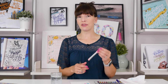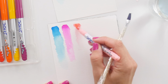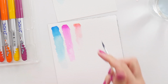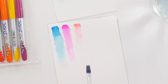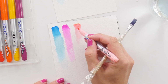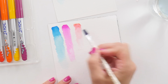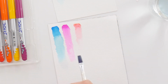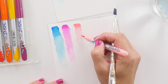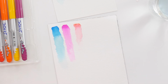If you have a set of colors where that happens, you're going to want to either add more color after the page has already been wetted, or get lots of water on there and then tap your color in to try to cover up some of that blending area. So this takes a lot more playing with the marker than just drawing it on and being able to blend, but you can get still some nice effects even if the marker that you have does give you those